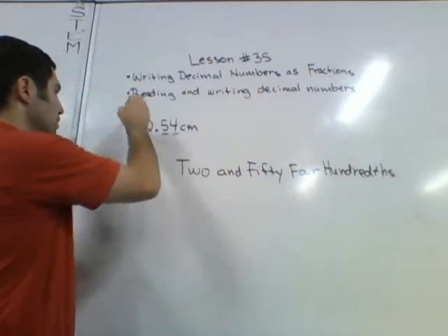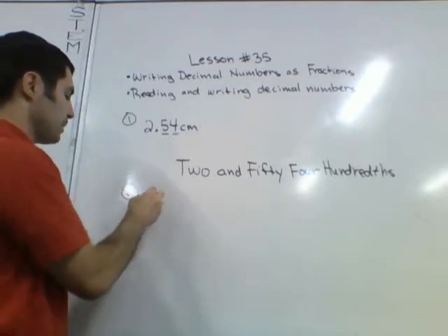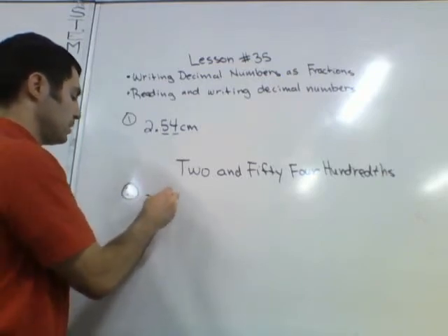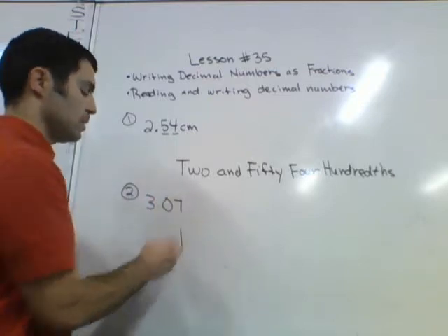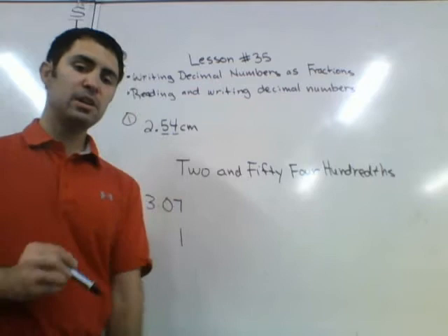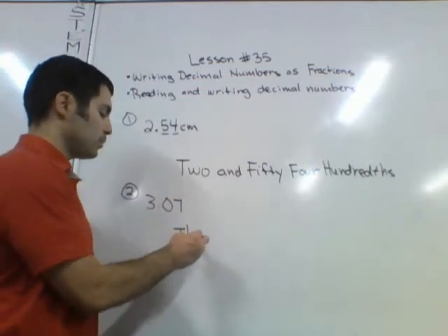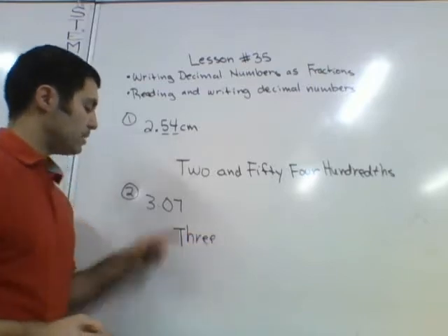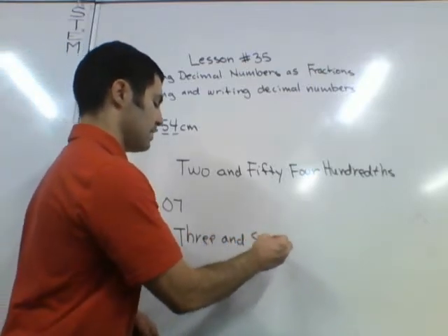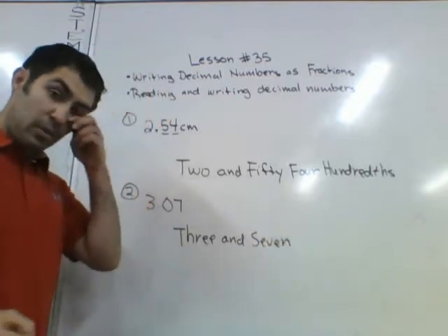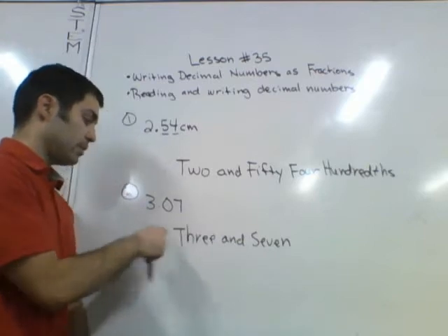We'll say that's number 1 for this. Number 2, let's do 3.07. Go ahead and write it down really quick. You can pause the video. This one is going to be 3, and then you just write the number, and 7. It's easy to write the word 3 and the word 7. 3 and 7,